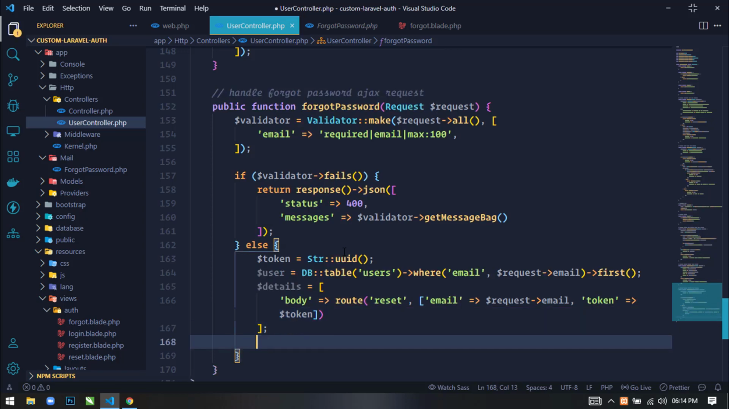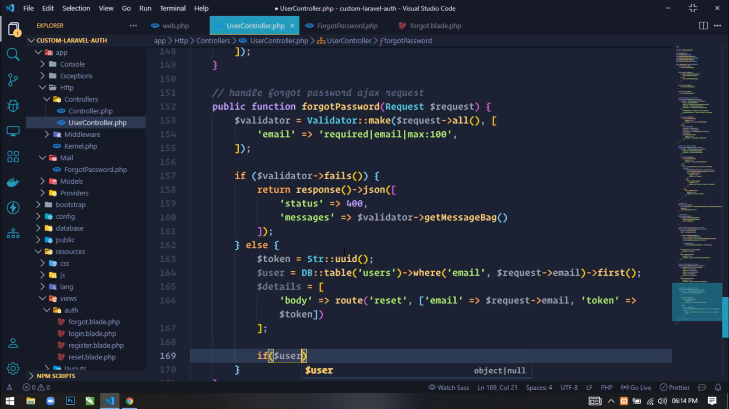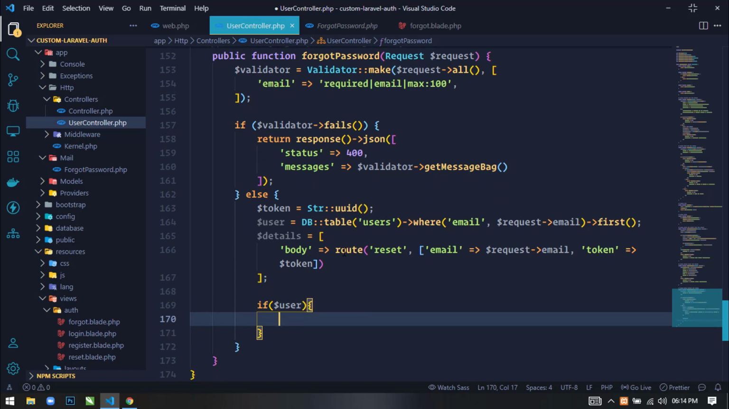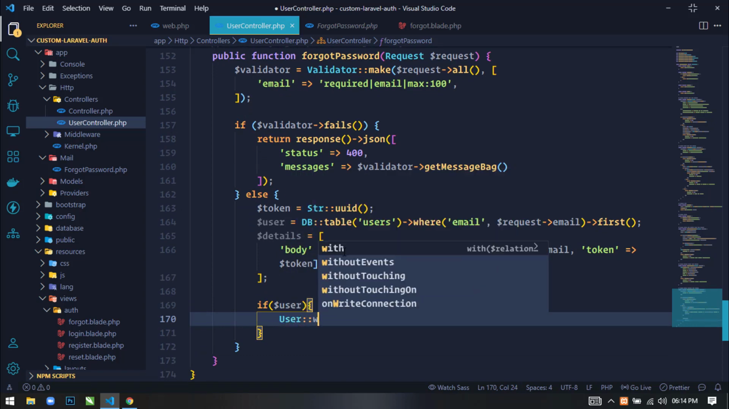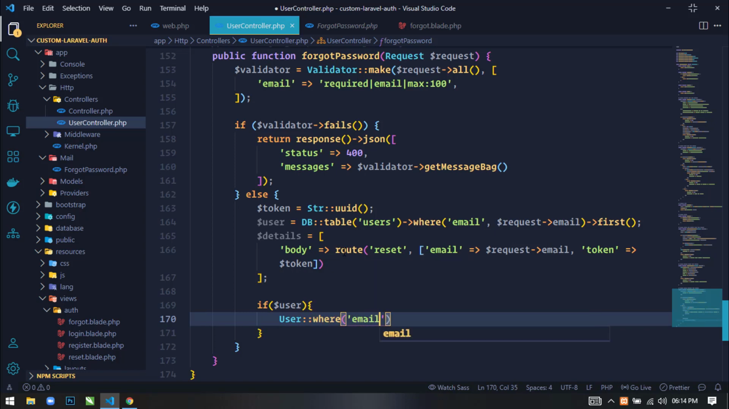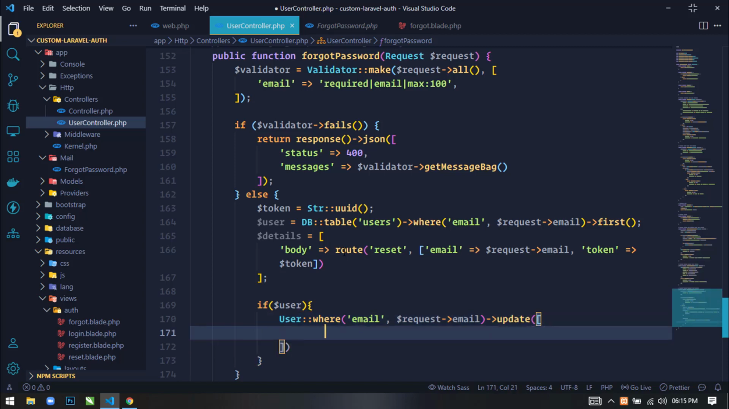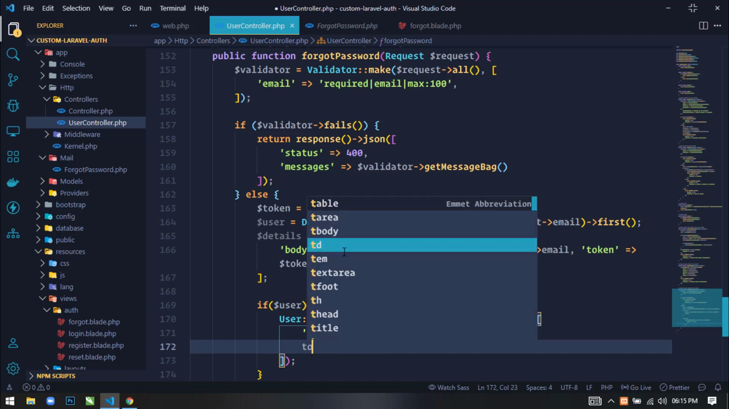Now next what I will do is check if a user is found, if there is any user present. In this case we will again use the user model, and then we will use where email request email, and then we will use an update query, and we'll update the token. Okay, so just write token equal to token. Okay, and I will also update token